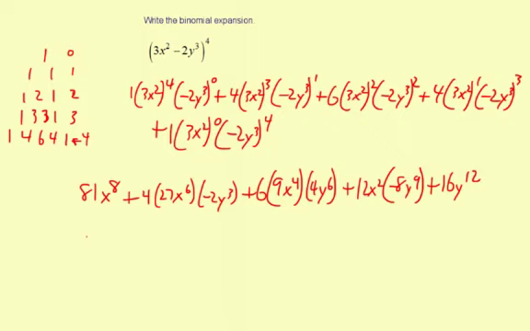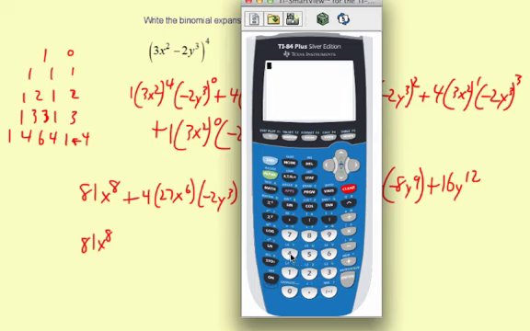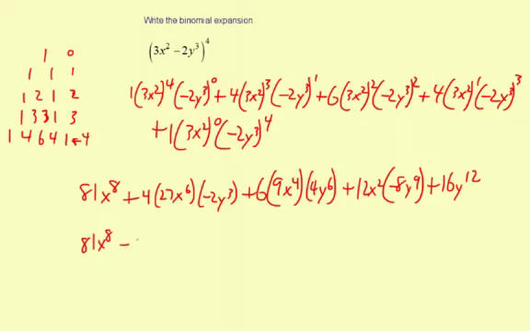And now we're going to simplify a little more. The first term can't be simplified, it's just 81x to the 8th. Second term we can simplify. 4 times 27 times negative 2. Negative 216, so minus 216, it'll be x to the 6th, y to the third,